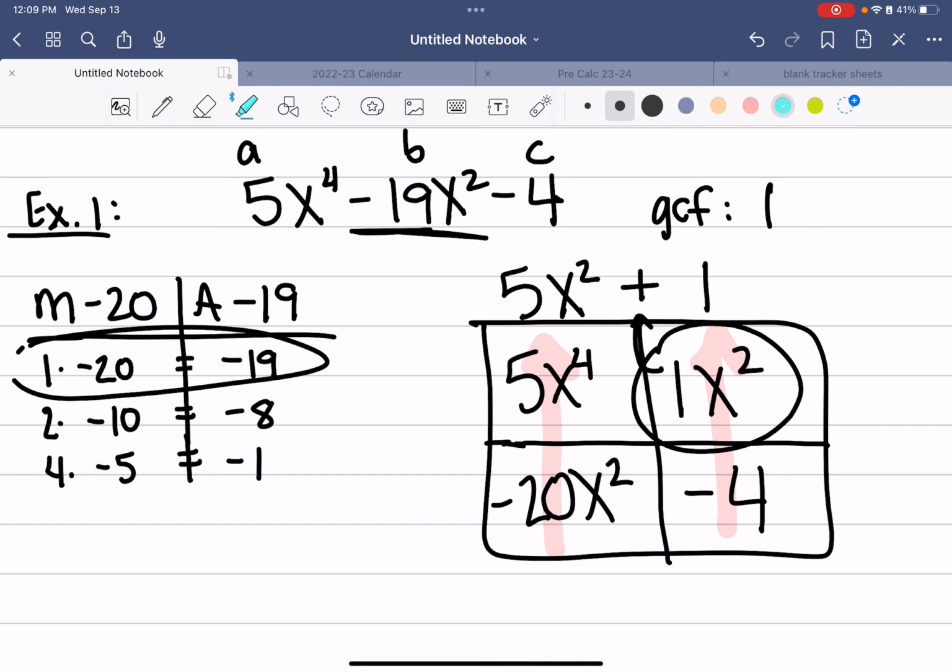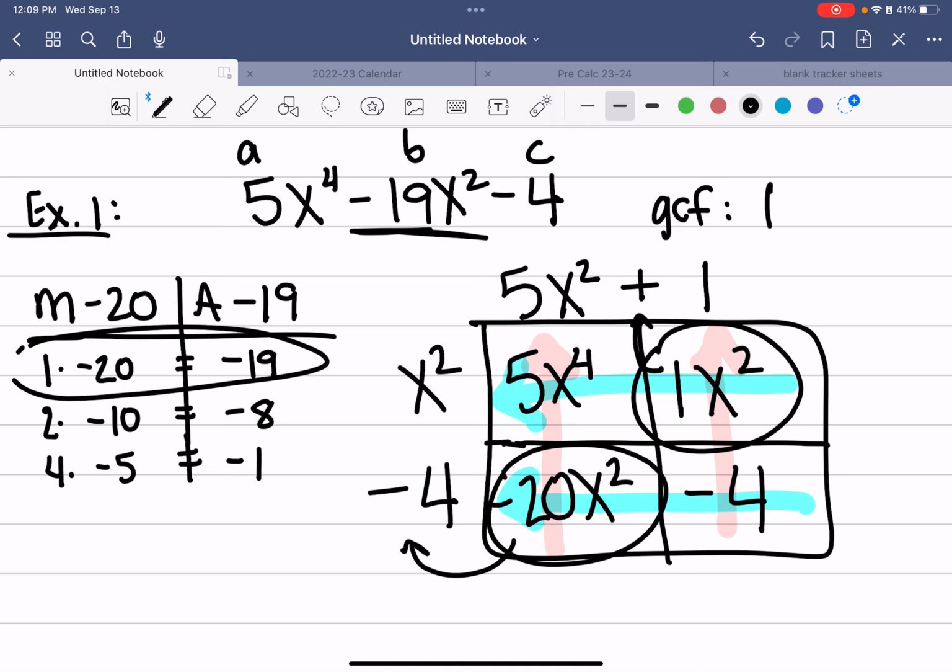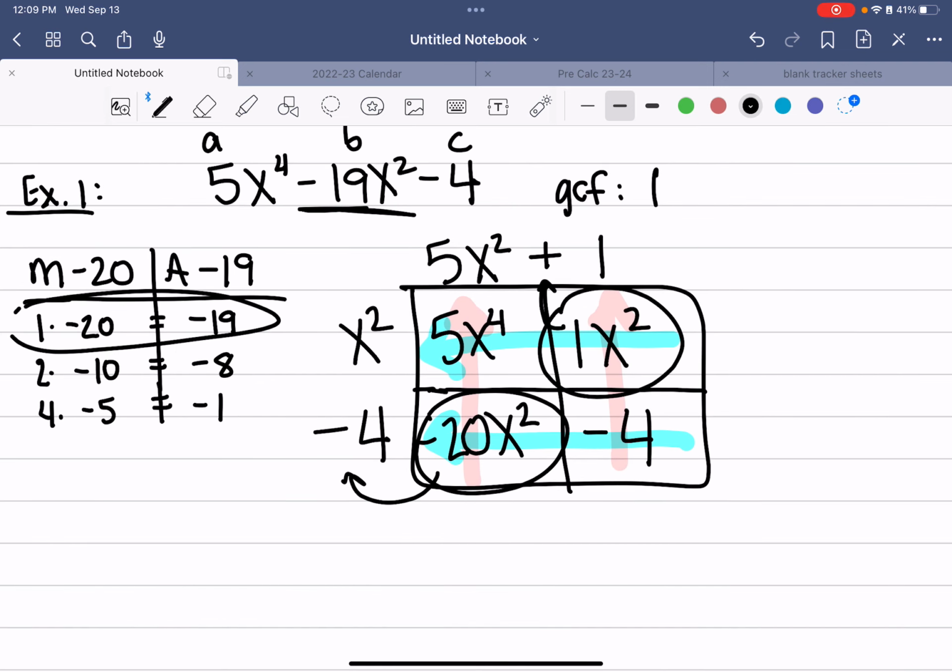Now we're going to go horizontally. This direction here, we have a 5x to the fourth and a 1x squared. They have an x squared in common. And then our last one here, we have a 20x squared and a 4. They have a 4 in common. This is a negative, so I put this negative sign out here. And so far, my answer is